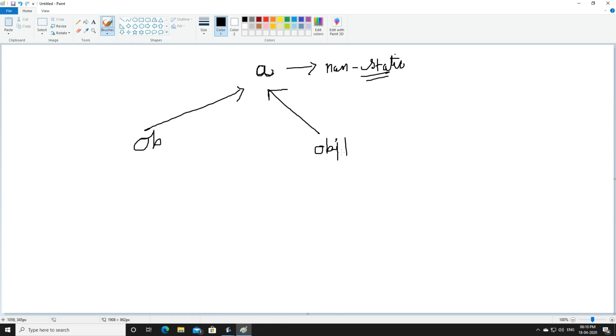So here it is quite clear that as many objects you will have, with the help of those objects you will be able to access the data member, or you can say the variable here, that is a. So a can be accessed by ob object, as well as a can be accessed by obj1 object, right? With the help of ob object you can access a, with the help of obj1 object you can access a.